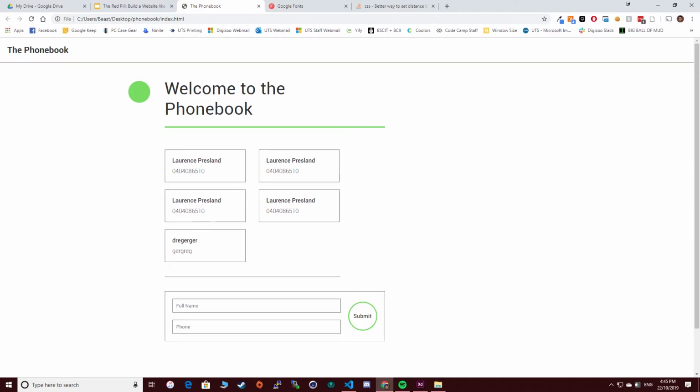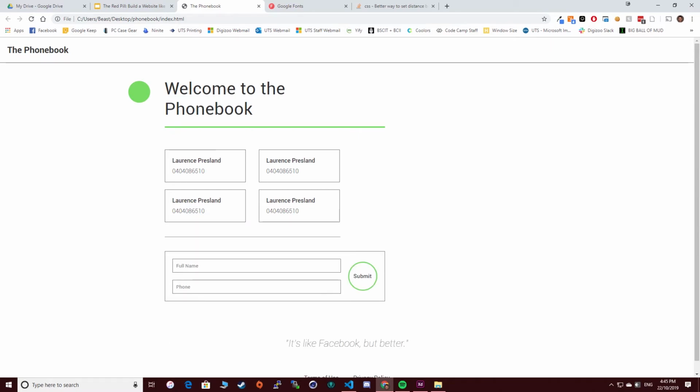So this is cool. We could make this live now. But the problem, of course, with this page is that we're not storing this data anywhere. We're just putting it on the page. So when I refresh the page, it's gone. And you can't run a real website like this. So